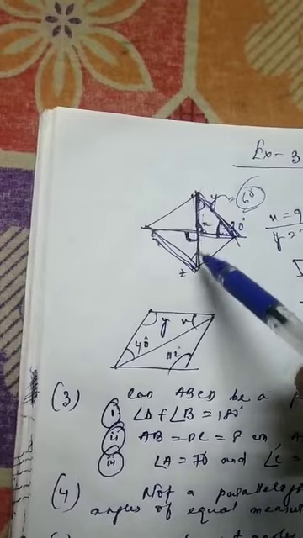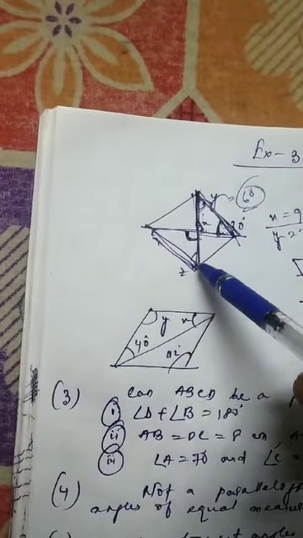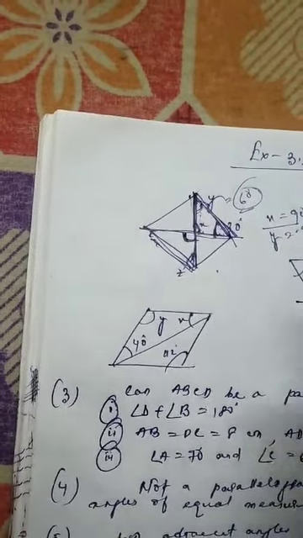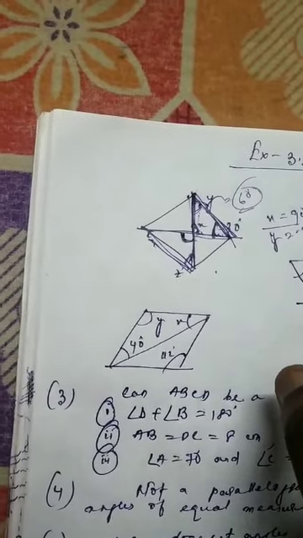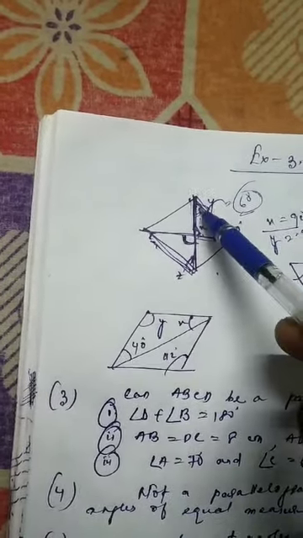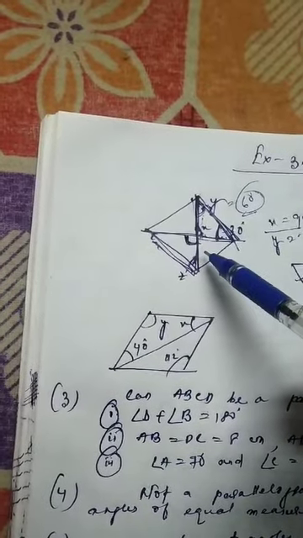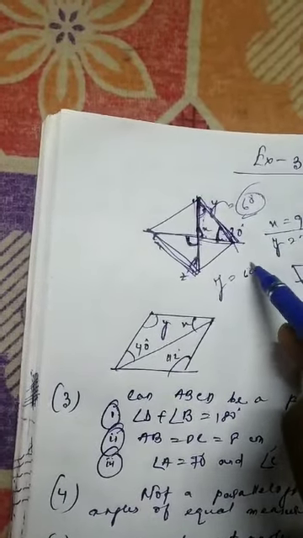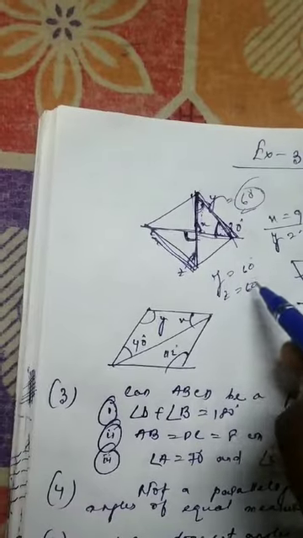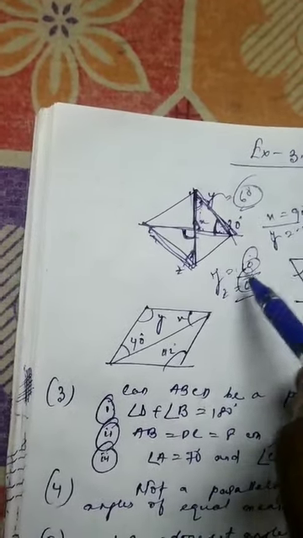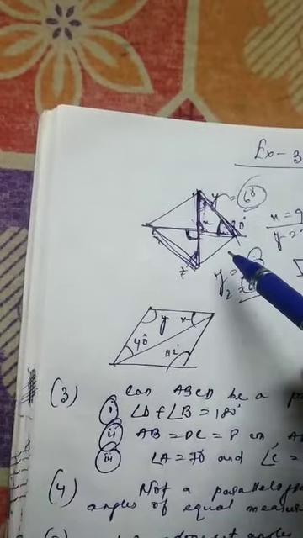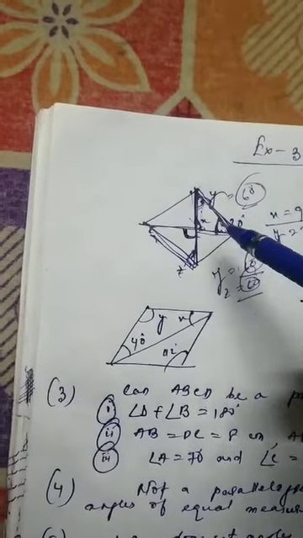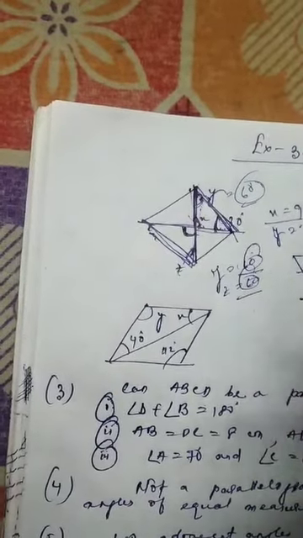Right now we can see this angle y and this z, y and z are alternate interior angles, if you could recall, which we have done in class 7. The measure of y I got is 60. So the measure of z will of course be 60 degrees only. The measures of y and z are 60 and 60, because they are alternate interior angles and these are parallel lines. So children, here we got the measures of all the angles.